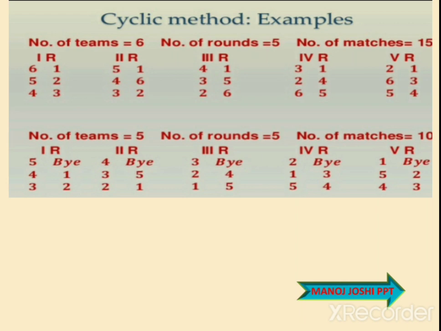5, 6. In the upper row, first we can see we are writing the number of teams in this way: 1, 2, 3, then on the left hand side 4, 5, 6. This depends on the number of teams. If there are 10 teams, there will be 5 teams on one side and 5 teams on the other side. If the number of teams is 6, then 3 teams on one side and the remaining 3 teams on the other side. So we are writing 1, 2, 3, 4, 5, 6, and they will rotate in clockwise direction. So that is what we are discussing there.